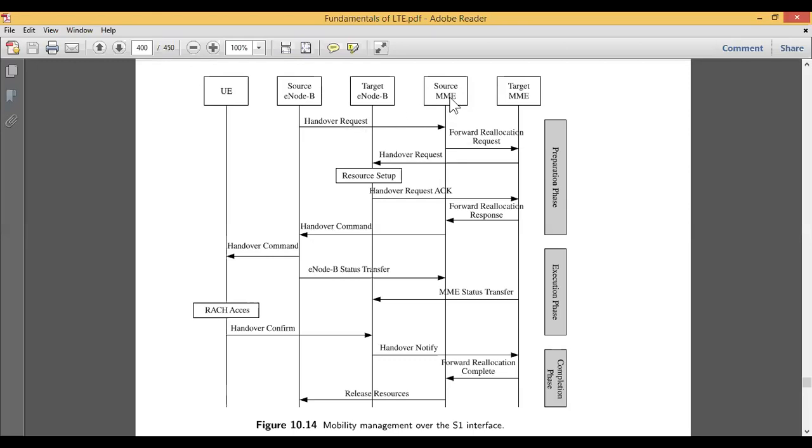So the request is made by the source to the MME, and this MME will forward the request to the target. So this is the forward relocation request. One request is from the source, and the same request is being forwarded to the target MME.